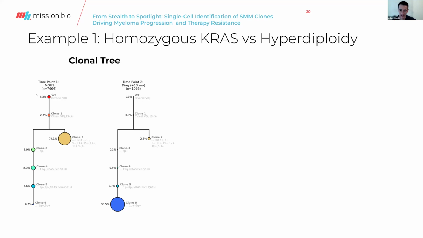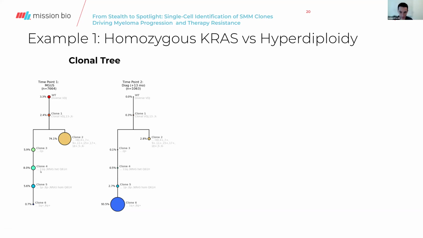You start off with wild type cells with the diverse VDJ signature. The founding clone becomes clonal for VDJ, has loss of 13 and loss of X. Loss of 13 is prognostic. You can see that then branches into this very large clone, which is hyperdiploid, has copy gain and a lot of chromosomes. And that's competing with this sort of long vine here in this tree, where you have a sequential loss of several